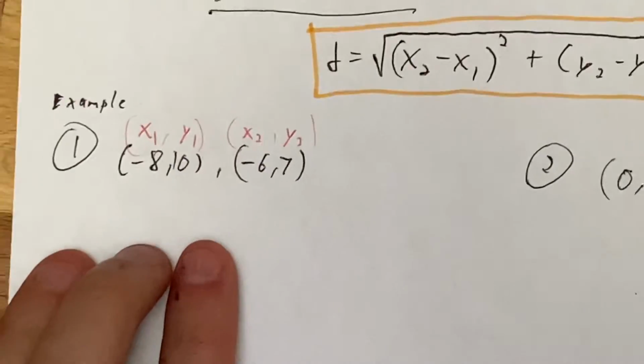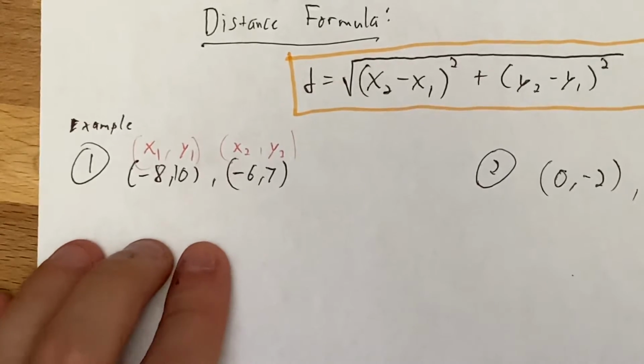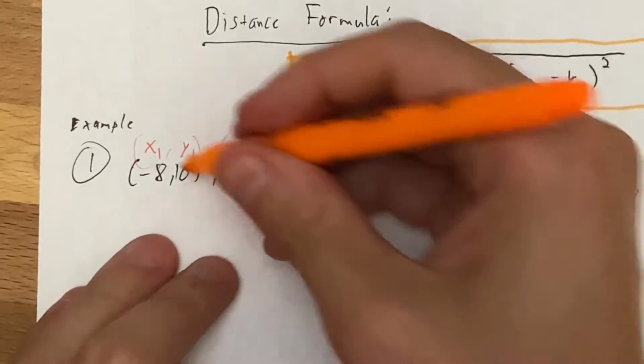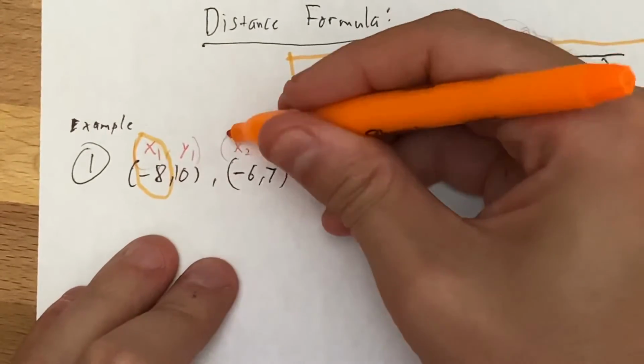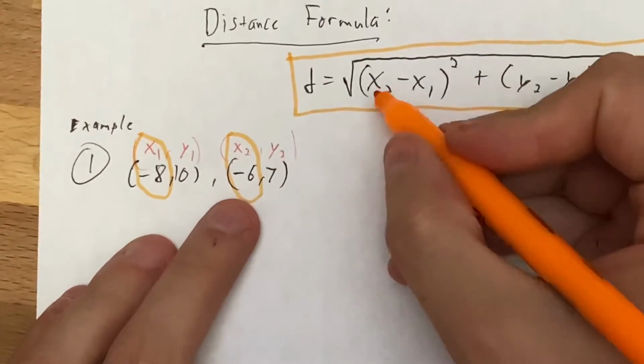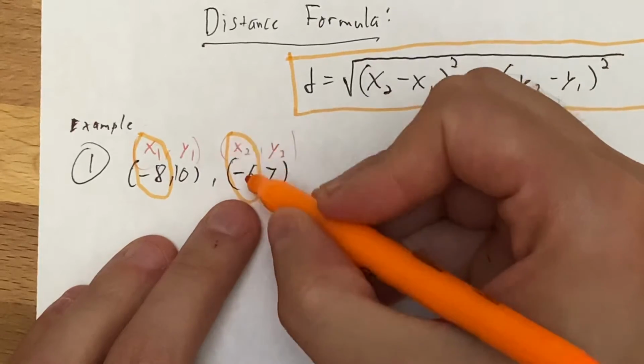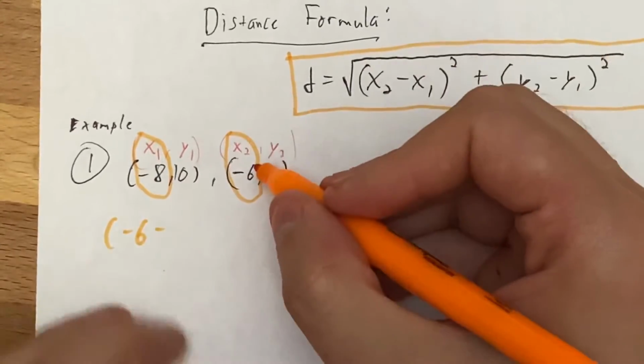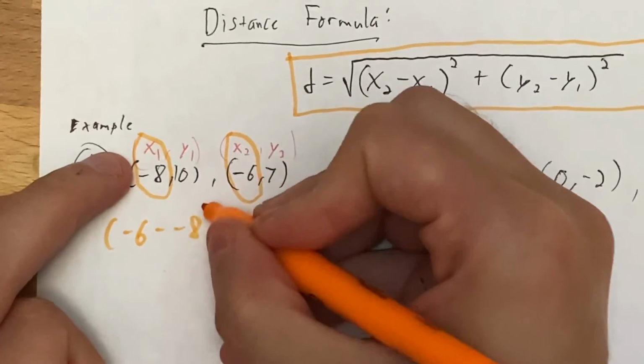So from here, I'm going to be subtracting the x values. So I'm going to look at the x values. And it'll say x2 minus x1. So x2 is -6 minus x1, which is -8,